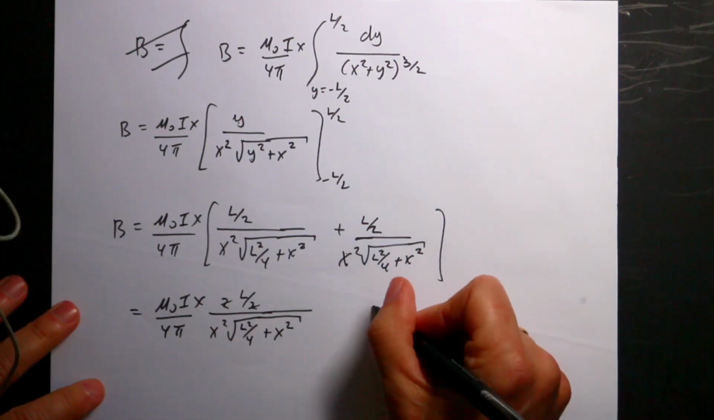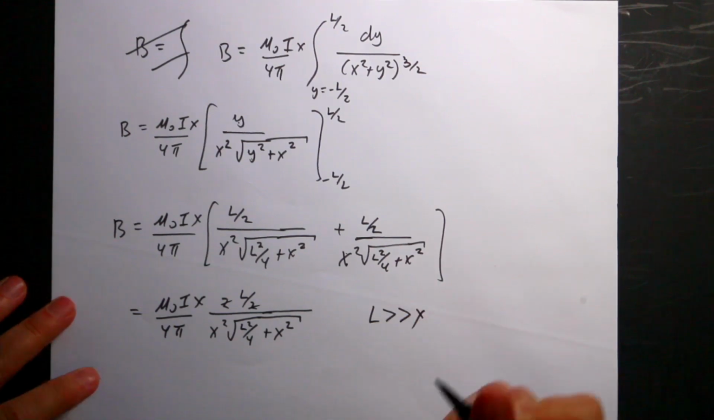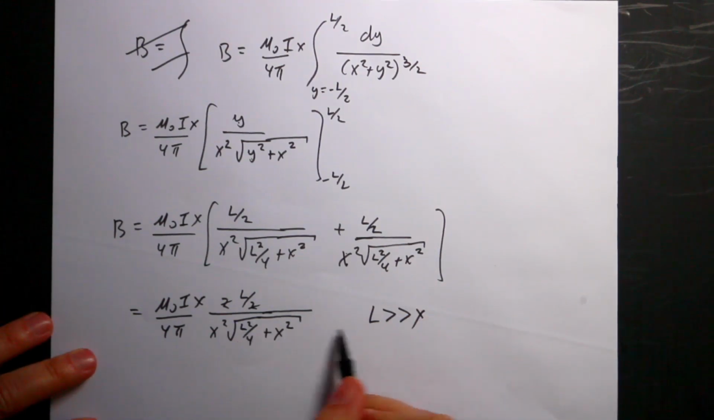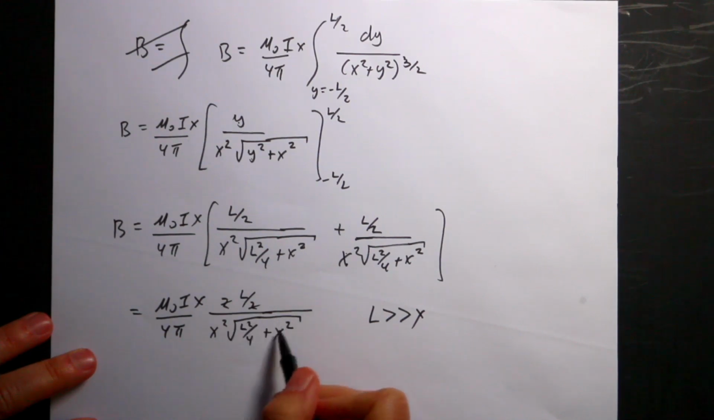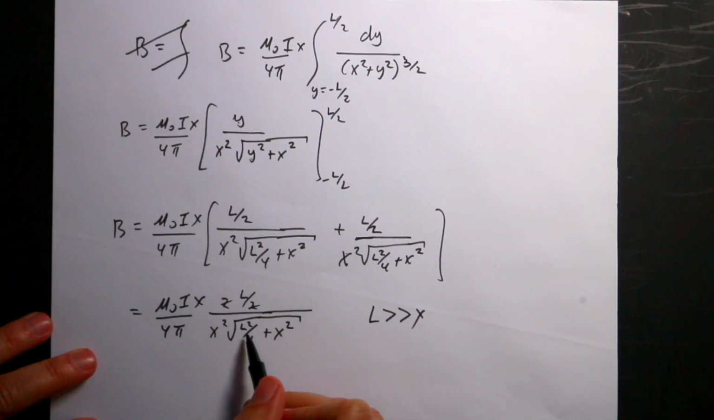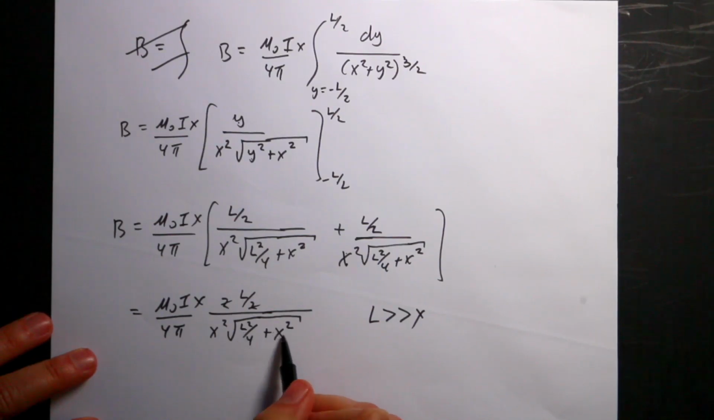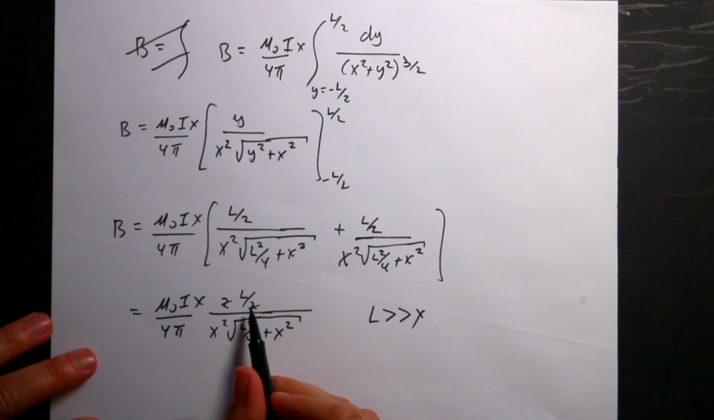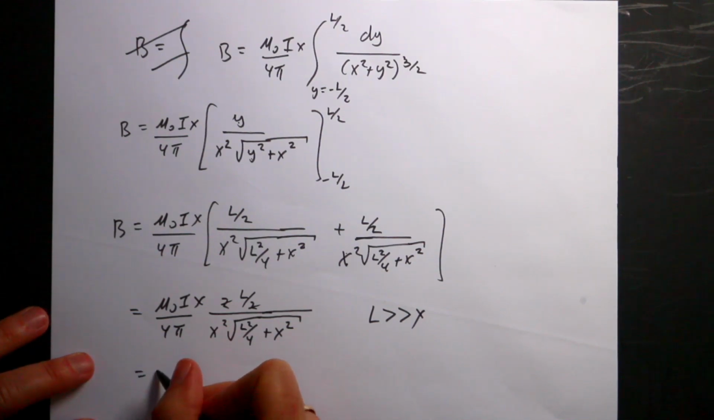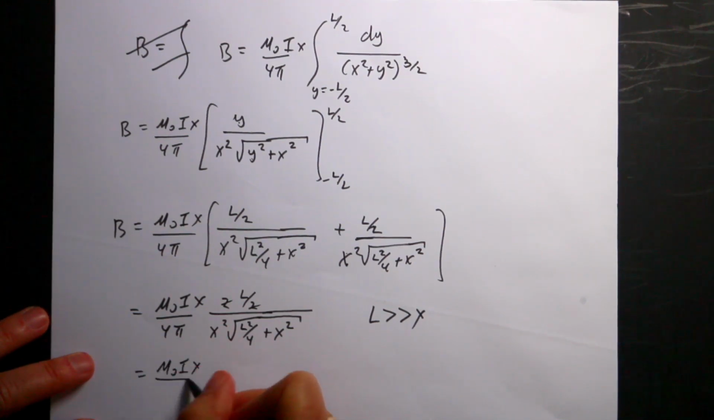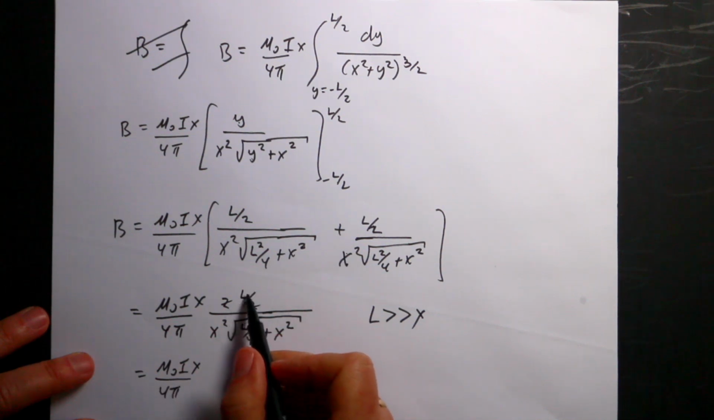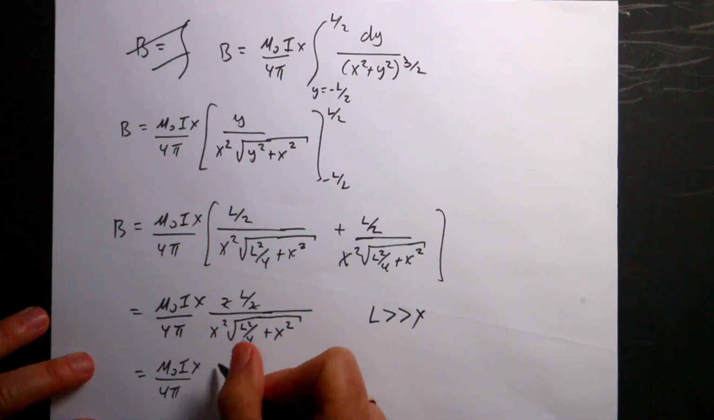Okay, so now what about the case where L is much, much greater than x? So an infinitely long wire. If L is much, much greater than x, then this whole thing right here is going to be just L squared over 4, because it's going to be L over 2 quantity squared. That term doesn't matter. I take the square root and I get L over 2, and then the L's cancel. So I get B equals mu naught I x over 4 pi. Then the 2's canceled. And then I get